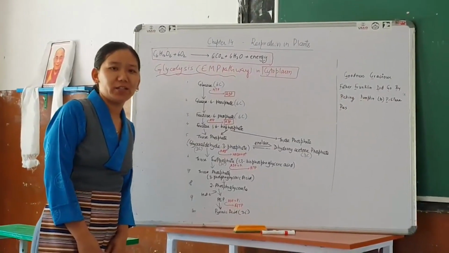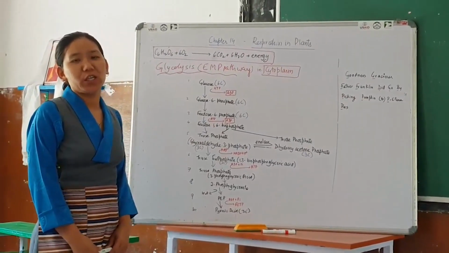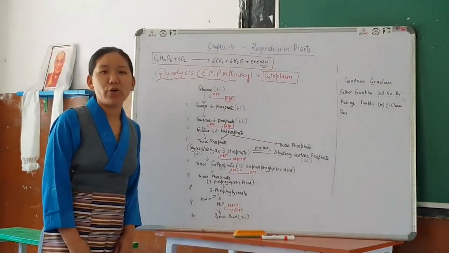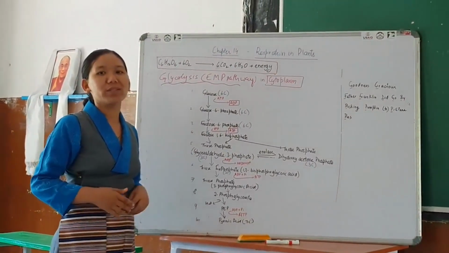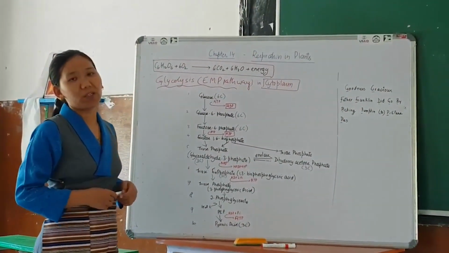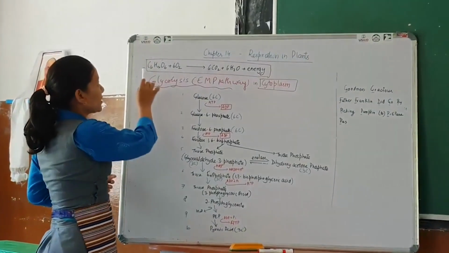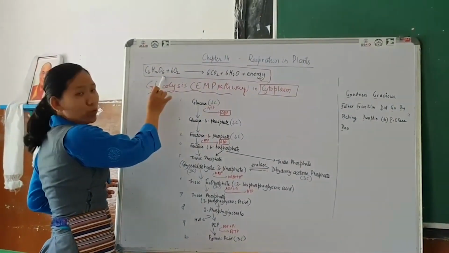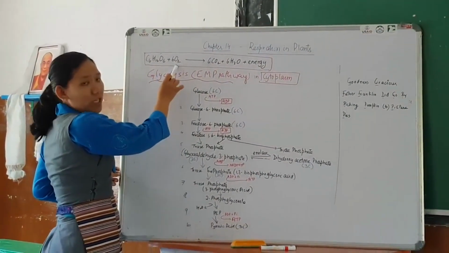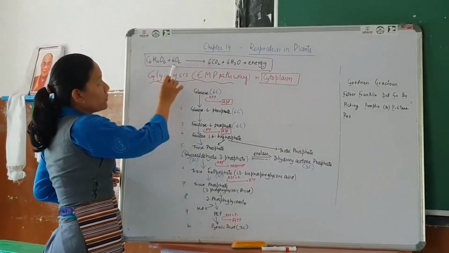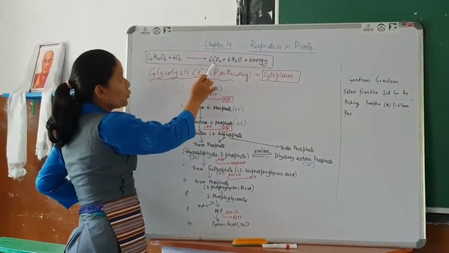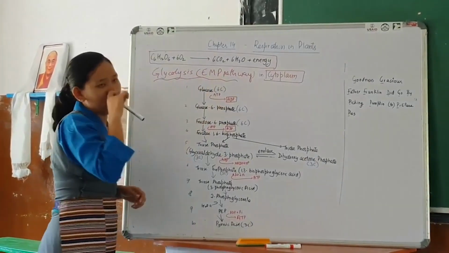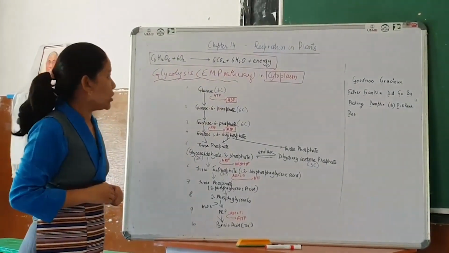As discussed earlier, aerobic respiration takes place in the presence of oxygen and it occurs through various steps. And this chemical reaction is represented as C6H12O6, that is glucose, which in the presence of oxygen is oxidized, or completely broken down, into 6 molecules of carbon dioxide, water, and release of energy.